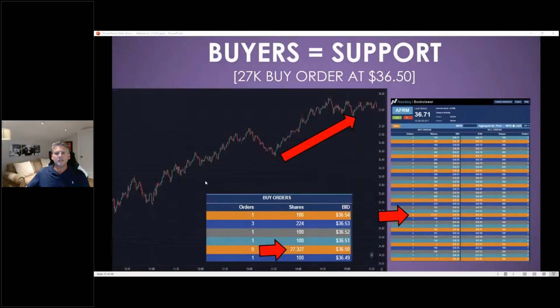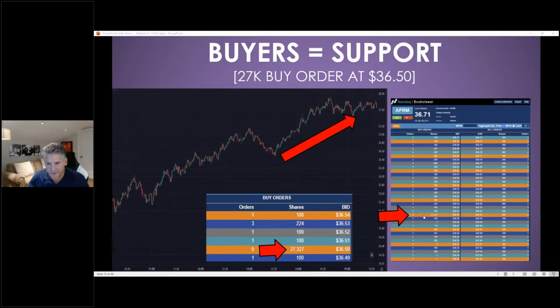Now, look at this example of the stock going up, okay? Regardless of what it is, you're seeing a trend of a stock that's going up. Now, why is it going up? Who's running it up? It's not a Fibonacci, it's not a MACD. What it is is buyers. And when you look at the buy section, you'll notice the buyers out here, 27,000 shares